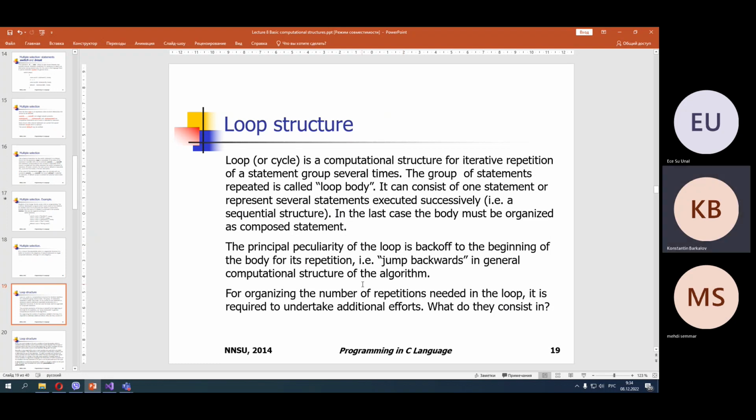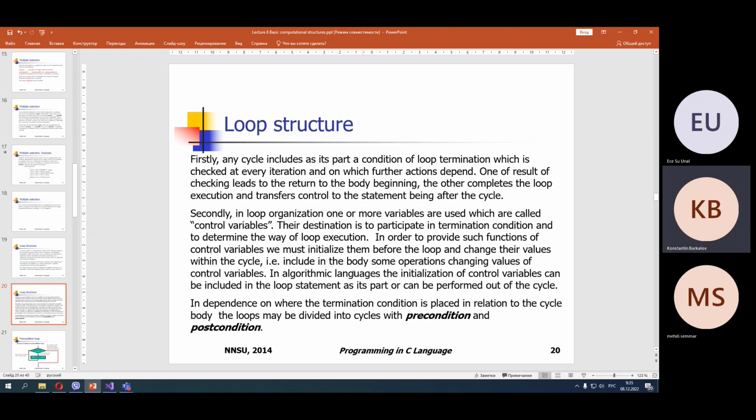Well, to organize such repetition, we should write some additional statements in the program. First, any loop includes as its part a condition of loop termination. This condition is checked at every iteration of the loop. And according to the result of checking,